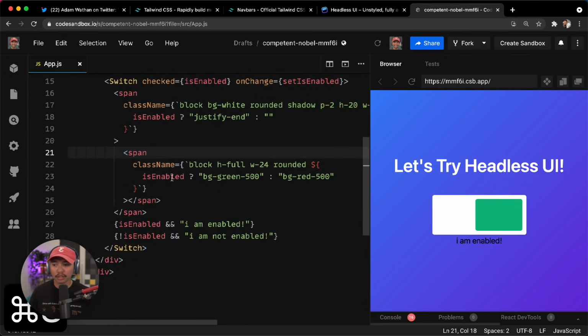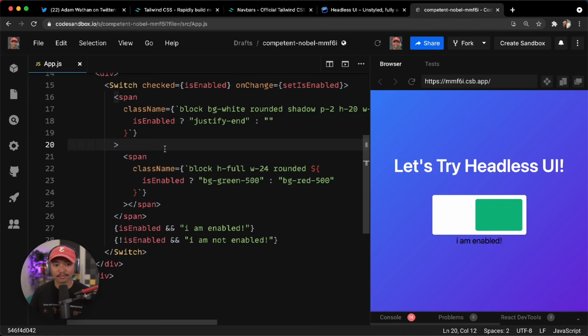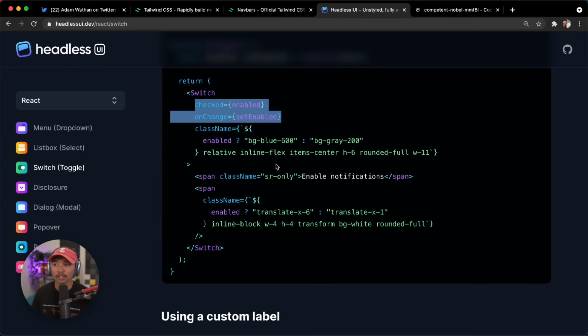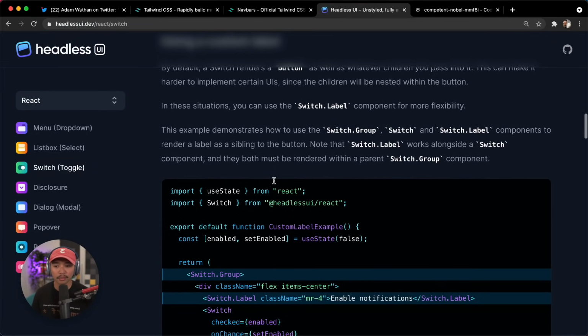And all of it is really just using that component, adding in our own spans and our classes, but we could have done anything. Like I could have made this a smiley face and a sad face as far as switched on and switched off. All right, so how cool is that? We're able to build out this switch, and we brought in our own spans and our own styles thanks to Tailwind. So if we go back to the headlessui.dev site, you can do some things like a custom label,